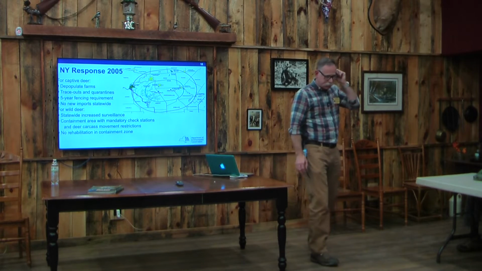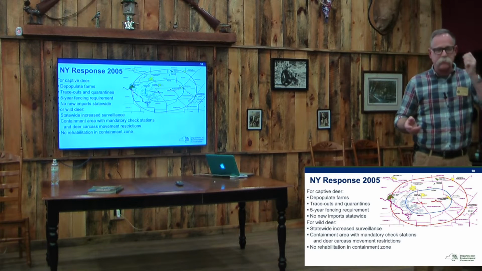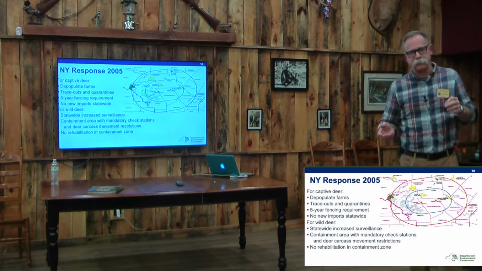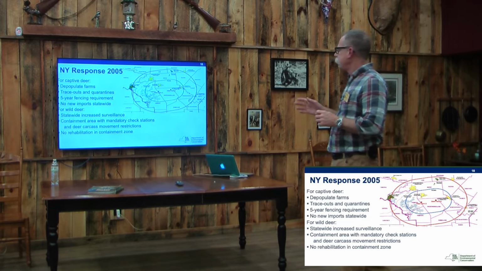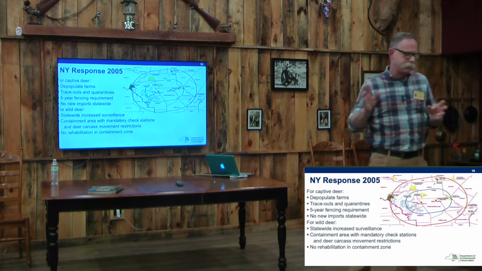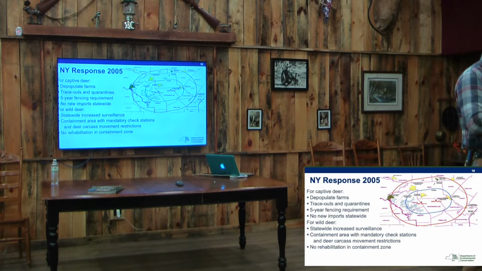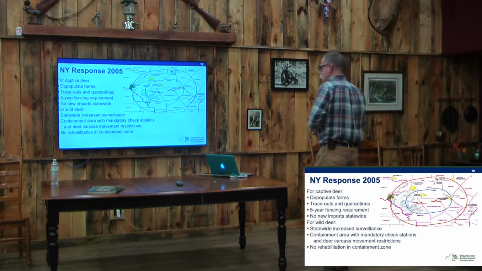So back in 2005, actually back in 2002, it was detected in Wisconsin. And that really woke a lot of us up east of the Mississippi River. We said, uh-oh, it's across the river. So we started really looking for it hard. And we've always had a pretty good relationship with Ag and Markets. Ag and Markets is sensitive to some extent to our concerns about wild deer. And they decided, well, we're going to start a testing program on all of our captive cervids. We have about 200 captive deer operations in New York.